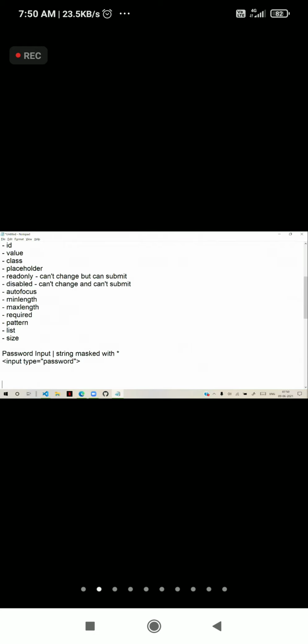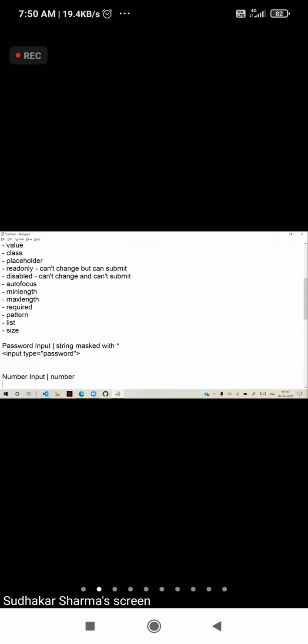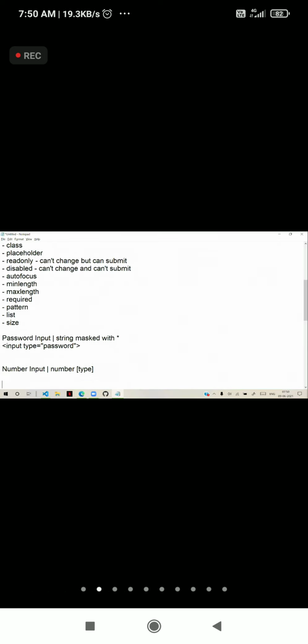We have number input. Number input is used to input numbers only. It will allow only number type. Number type means later in JavaScript you will learn about data types. Number type means so many are there.